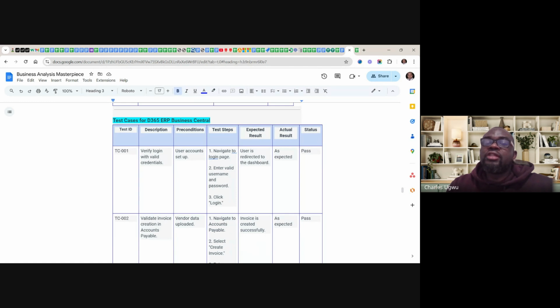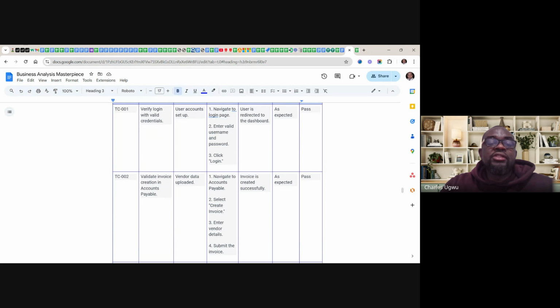So this status should be a drop-down where you can select pass or fail, or you can write it. As it happens like this, you just click pass. You have carried out this particular test. So that is the user who is captured within the test plan, the person that is going to carry out this test. So the second one is